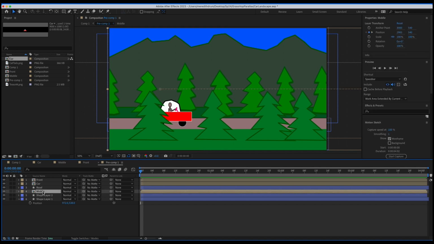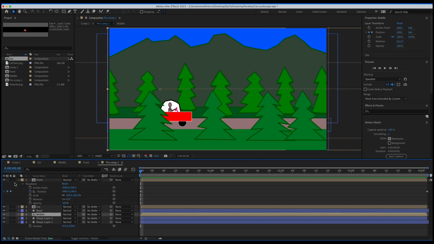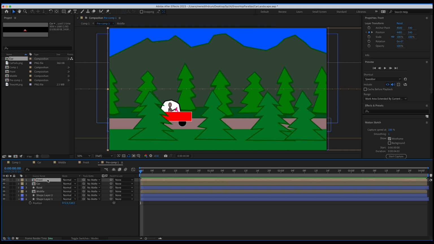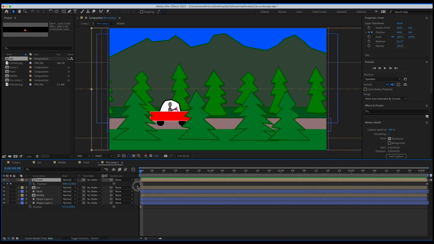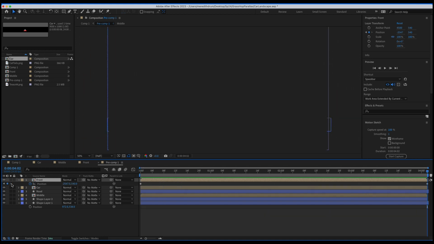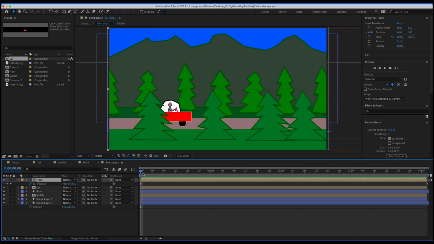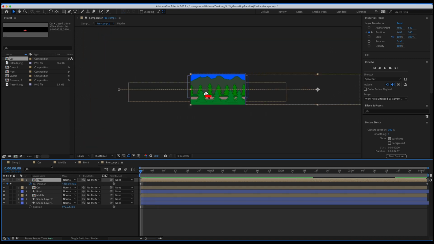All right, but what we want to do is make it so that the front moves faster than the middle. So if I twirl that back up, select the front and press position, which is P, you can see here I have two keyframes. You can move in between the keyframes here. And what I did is I moved, just zoom out, you can see it's moving along there, right? And so I keyframed it there at the beginning where I wanted it to start, and then moved it down and keyframed the end too, all right?